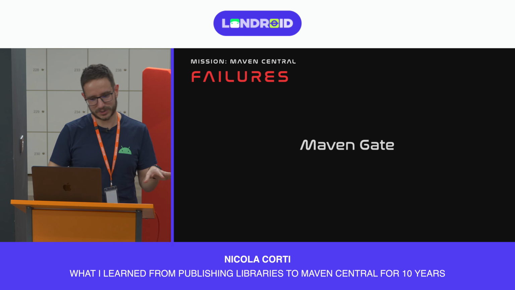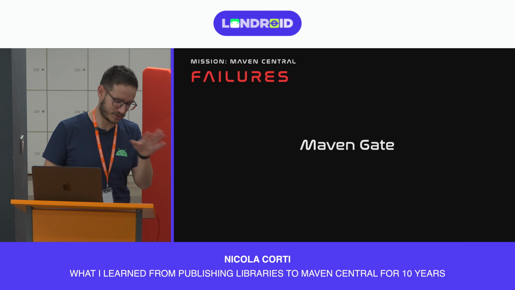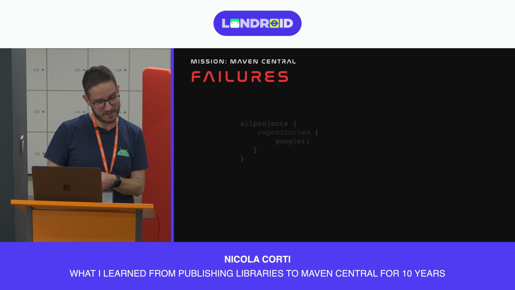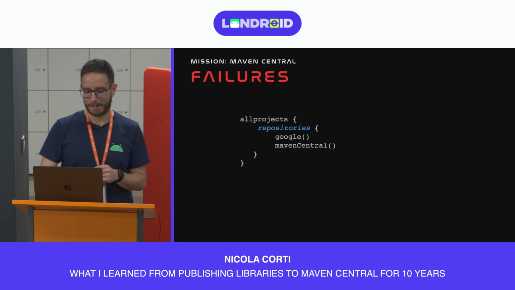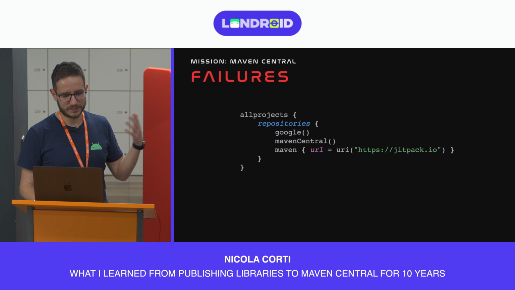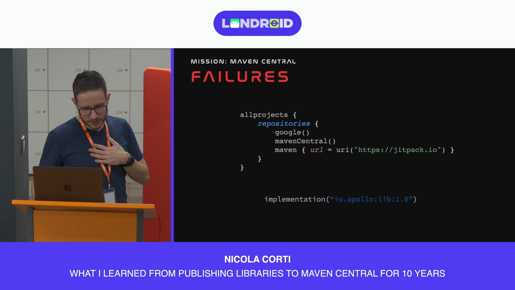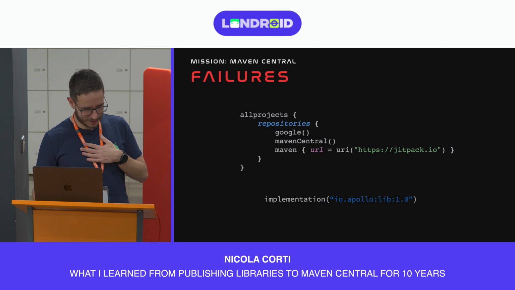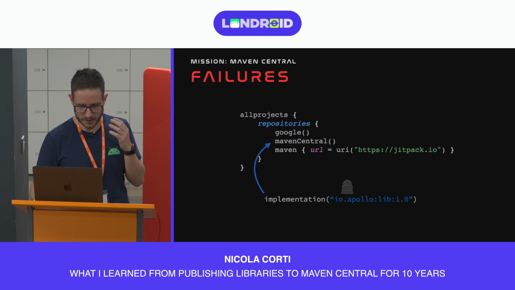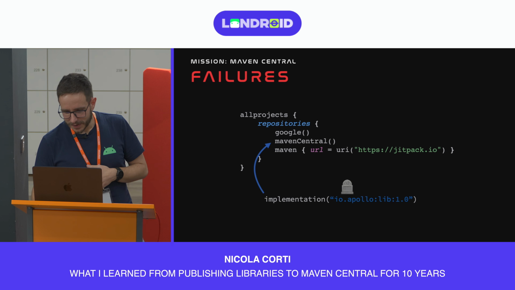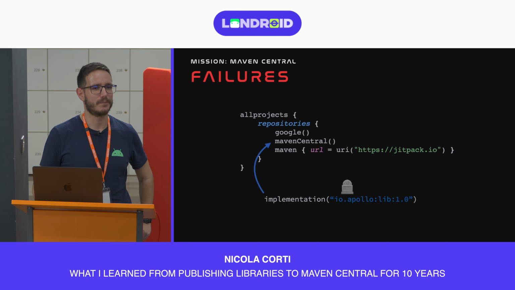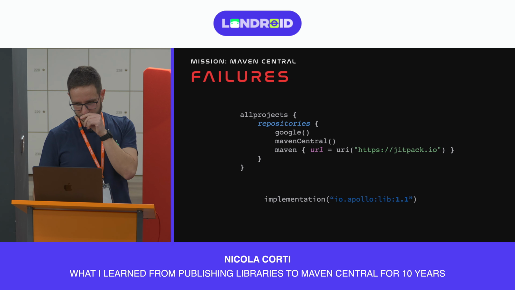And there is a broader type of attack, which security researchers are aware of, called Maven Gate, which works in this way. Again, repositories block, you have Google, Maven Central, and Jetpack. So let's suppose that me, Nicola, I have my library. It's called io.apollo lib 1.0 and is on Maven Central. And then at some point, I burn out and I don't maintain this library anymore. Someone else